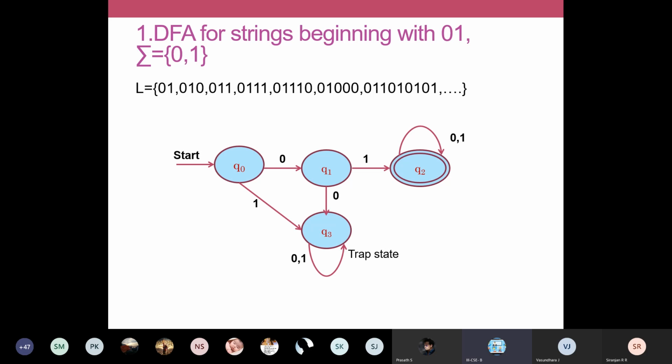Okay, so Q0 is the state that has not read anything. It is the initial state, and Q1 is the state which has already read 0. Each and every state has a particular purpose, I told you. So after reading the first 0, if another 1 comes, we can go to accepting state. But if another 0 comes as the second symbol, we must not go to accepting state. For that only we are using this trap state.